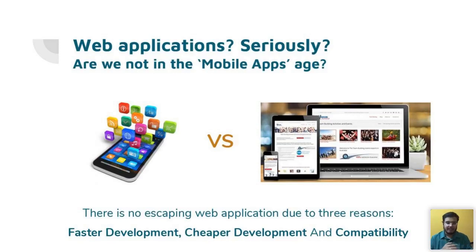Thirdly, compatibility. This small image that I have put on the screen shows you a mobile application. Applications fit into mobile. You might have an iPhone, which has a different set of applications. You would have an Android phone, which has a set of different applications. But hey, look on the right side. It's just one application that is going to work on all the platforms that we have. So compatibility is super awesome about web applications.